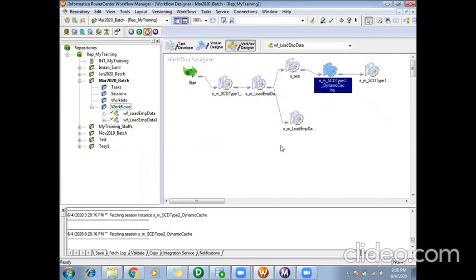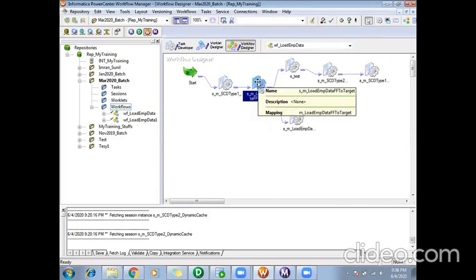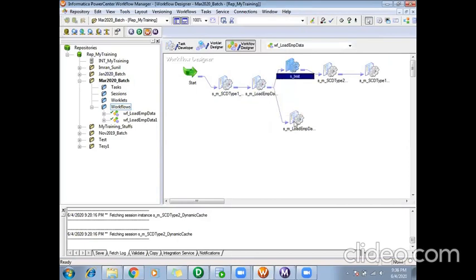You might see so many tasks in your workflows. So what happens when your workflow starts? First, this session will run. Once this session is completed, I'm saying completed, I'm not saying whether successful or failed, then this particular session will run. Once this session is completed, then these two sessions will run.